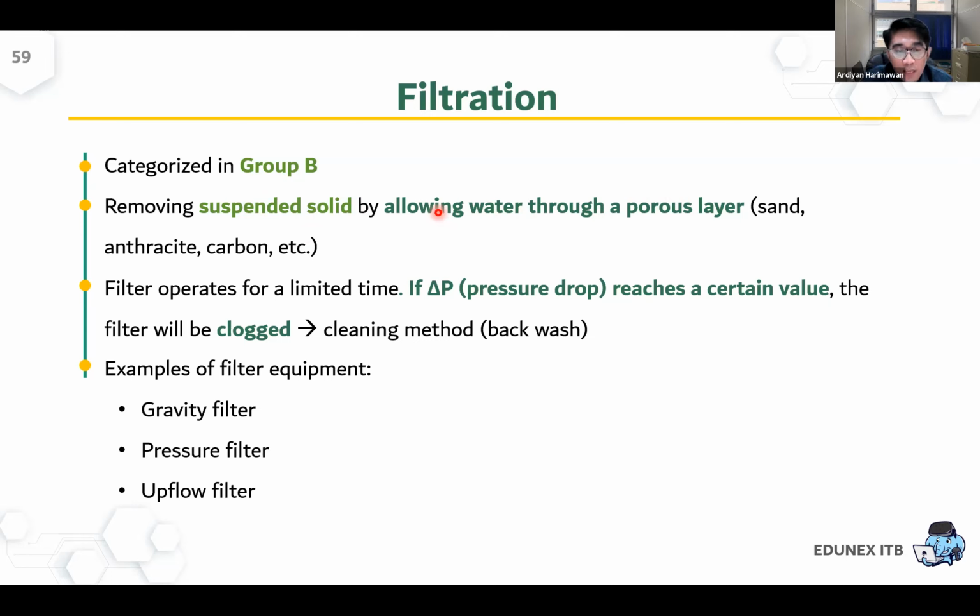So depending on the design of the filter, you choose the size of the pore. The size of the suspended solid must be higher than the filter pore size. Then,